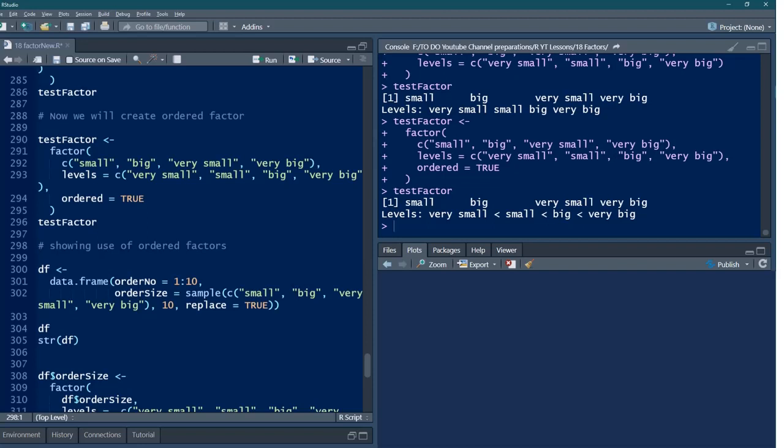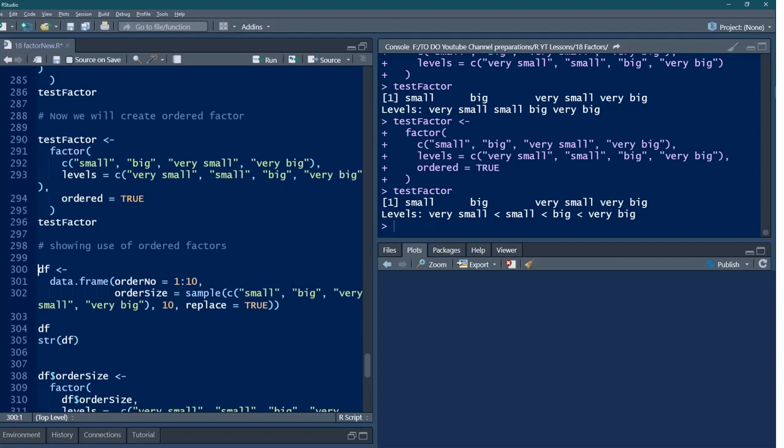So, the first column will have 1 to 10, the second column will have these strings in a particular order which we don't know. Sampling may give it in a particular fashion.